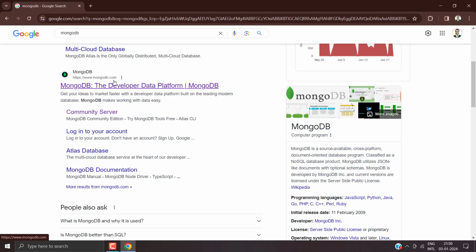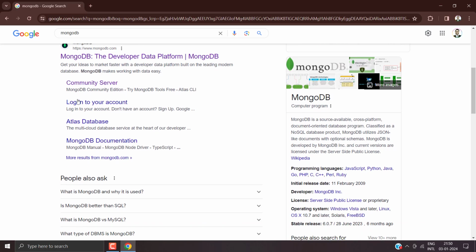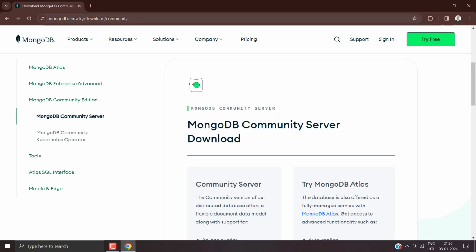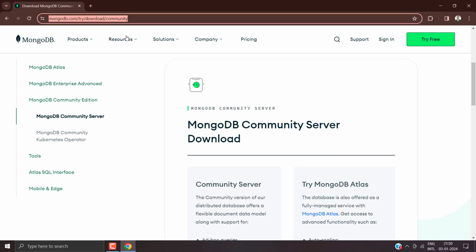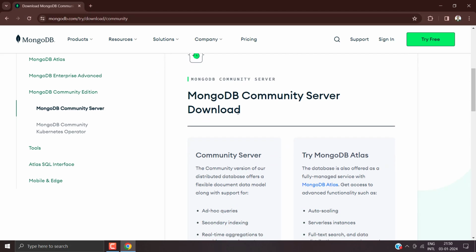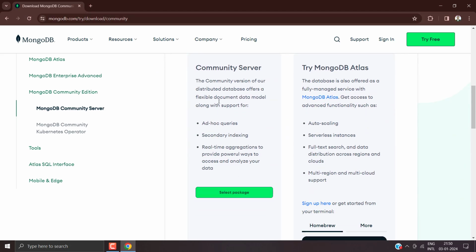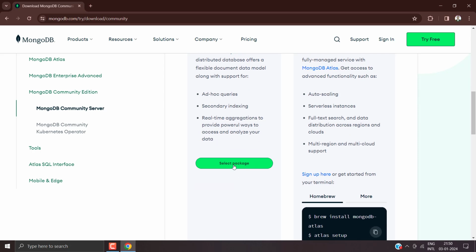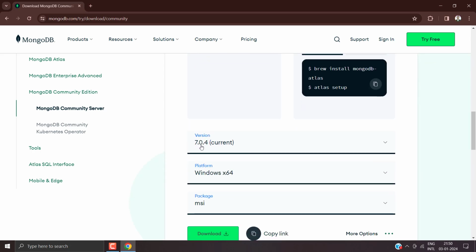mongodb.com, which is the official page of MongoDB. You have to go to the community server. You have to install MongoDB on your system, so you need to go to community server, or else you can go directly to this link, which is given here. Now, in this one, you have to go to community server, select the package, and select 7.0.4, the current version, and